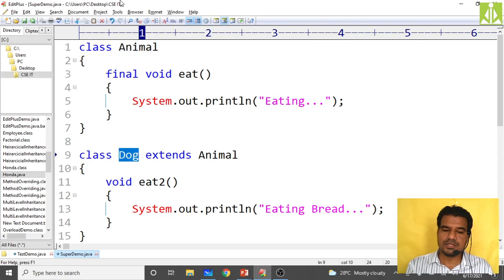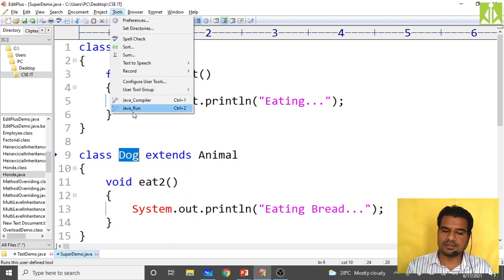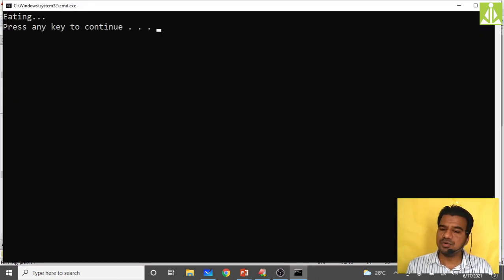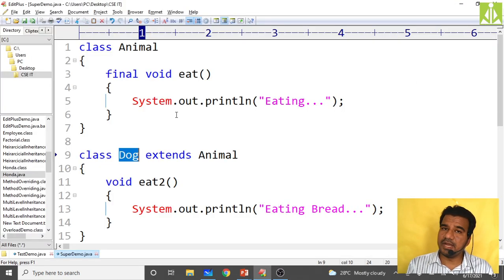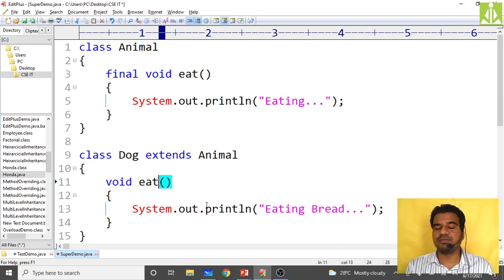No errors. If it is inheriting, I should get "eating" as output. See, eating. So it is inheriting. It will inherit, but you cannot override. Overriding a final method is not possible, but a final method will be inherited from the parent class to the child class. This is about final method in inheritance.